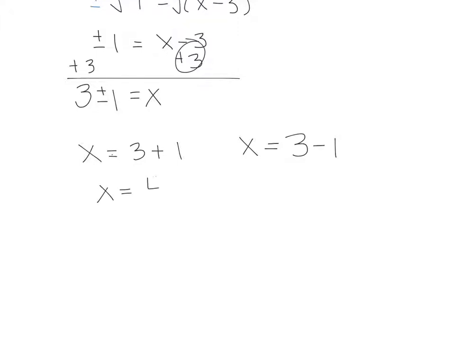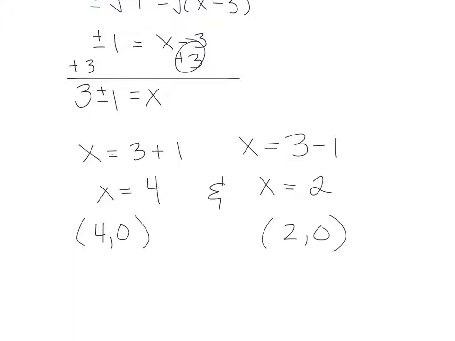So x equals 4 and x equals 2. Those are going to be the points on the x-axis, which are x-intercepts. So the ordered pair for x-intercepts would be (4, 0) and (2, 0). Now that we know the x-intercepts and the vertex, we can sketch the graph in MyMathLab, and I'll